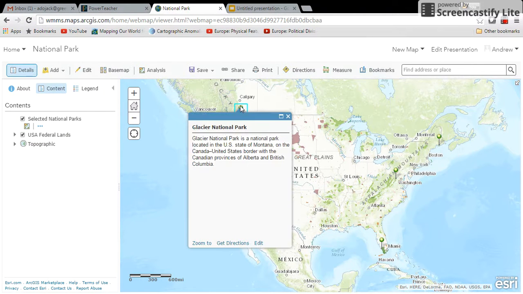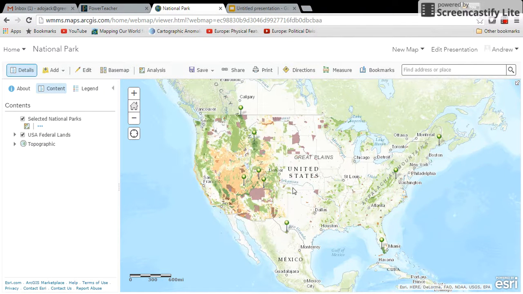Yellowstone, Glacier. And so what we're going to do is make a story map highlighting the details of this national park. I also have a USA Federal Lands layer on there. This is more to show you how to add or remove layers from your story map a little bit later. So the first thing you want to make sure you do is make sure you've saved your